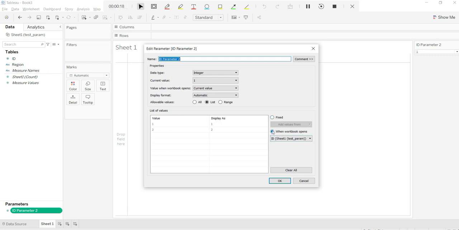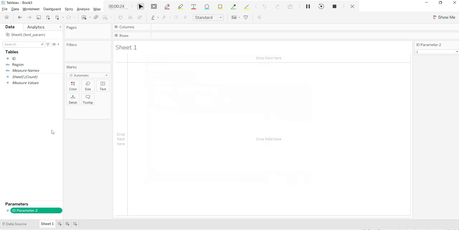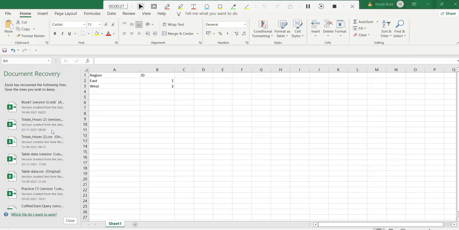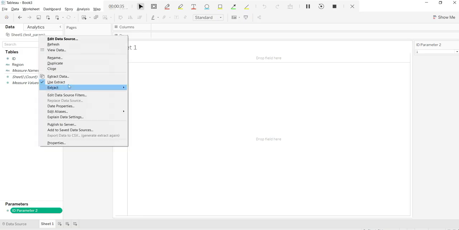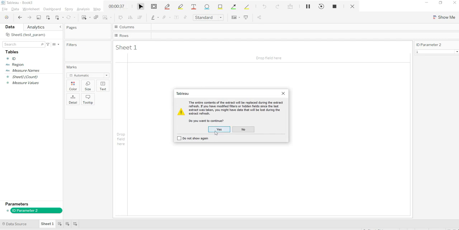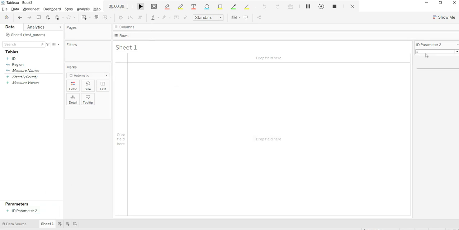When the workbook opens, it should show me the ID. That means if I make any change to the ID over there, it should reflect over there. For example, if I put 3 over there and let the rest remain as it is, and if I refresh it and go over there, I can see 3 over there. So this is the case when it will refresh. Now the question is when it will not refresh.